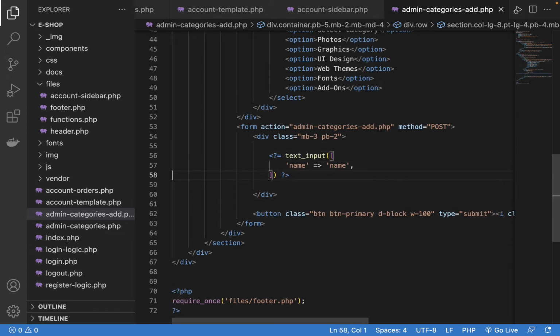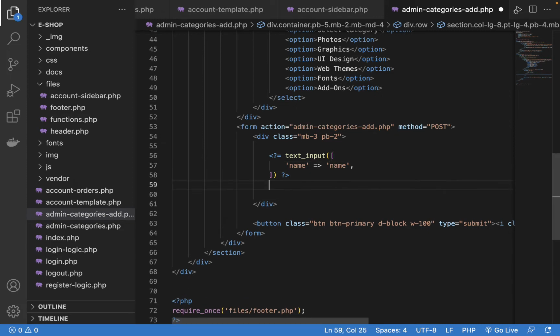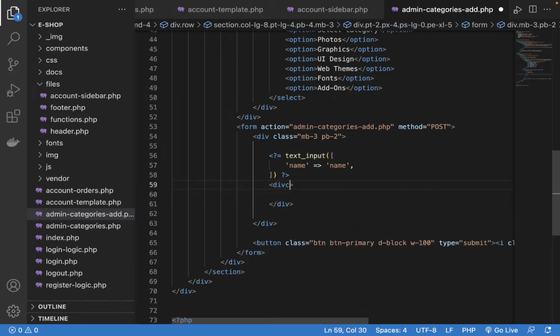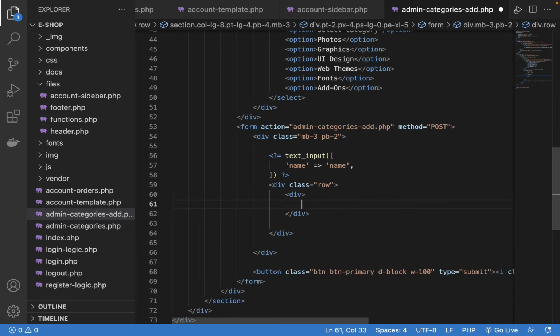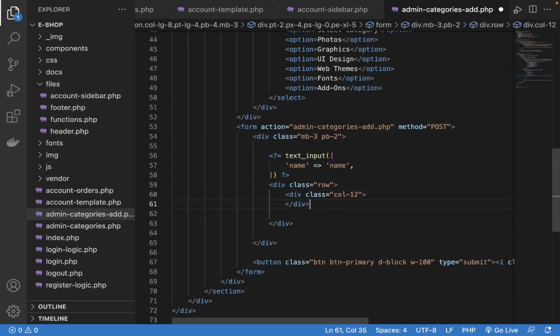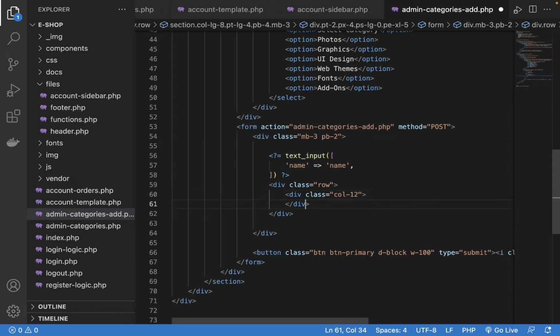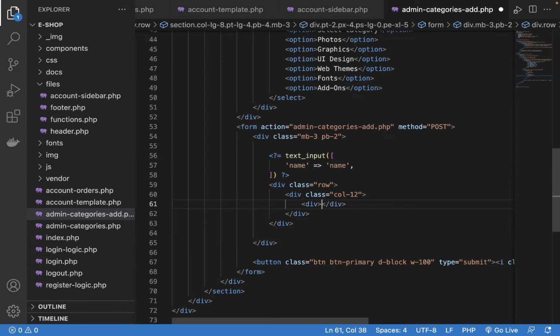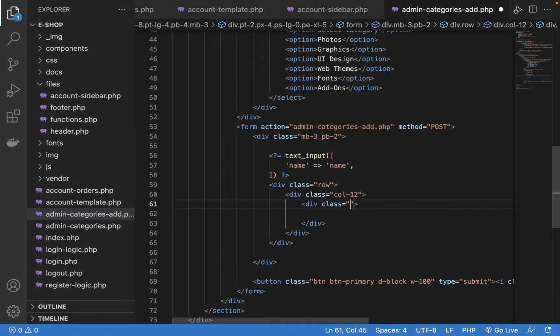We're going to simply say it's going to be a div with a class of row, and then another div with a class of col-12, and then we're going to put here another div, and give this one a class of